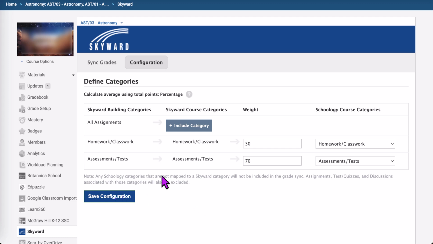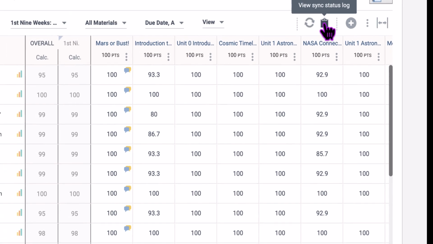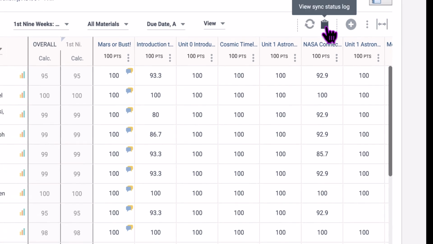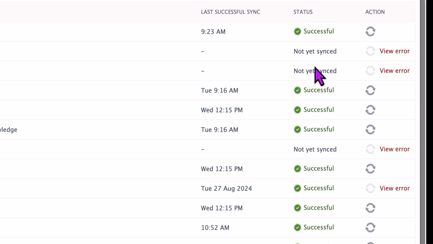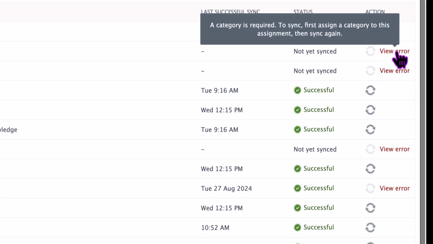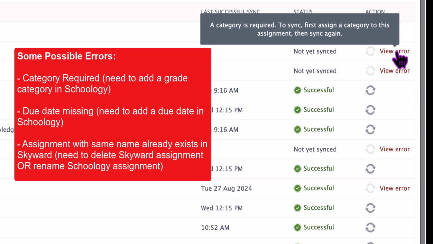Next, you will want to go into your Schoology Gradebook and then check the sync status log, which is this clipboard. Here, if there are errors, you can hover over them to find out what they are. In this case, the assignment does not have a category assigned, so you will need to edit that assignment to